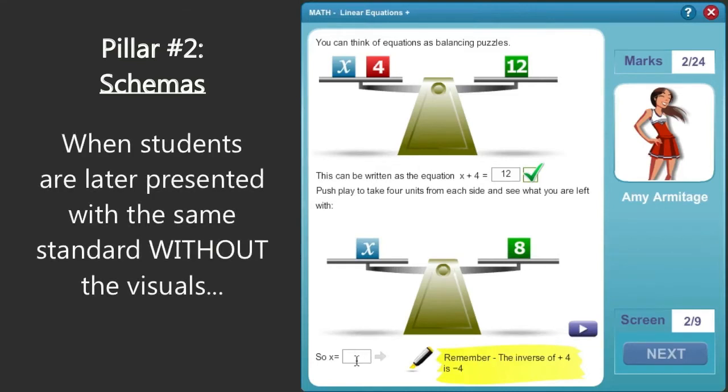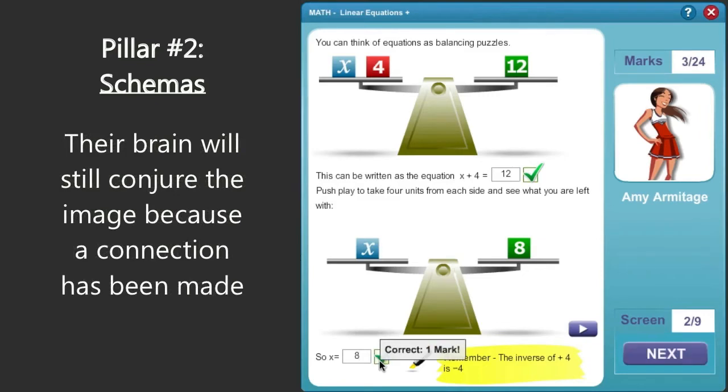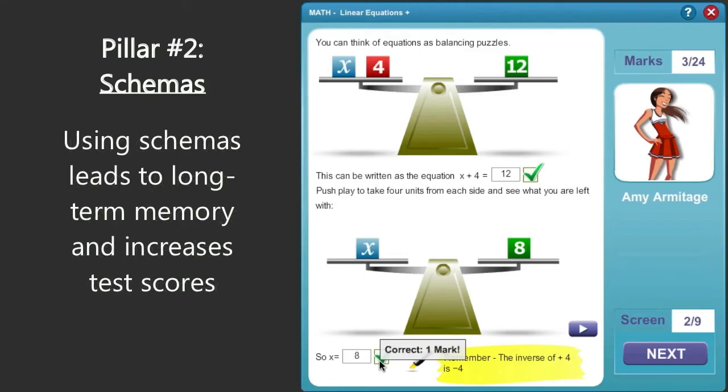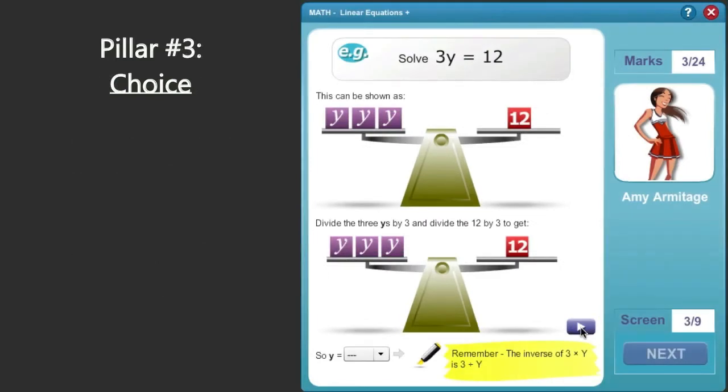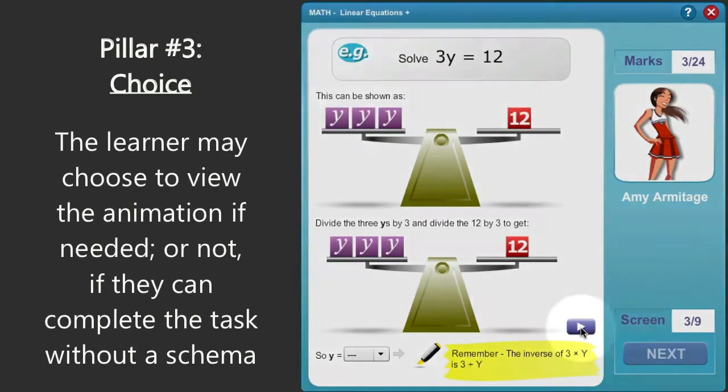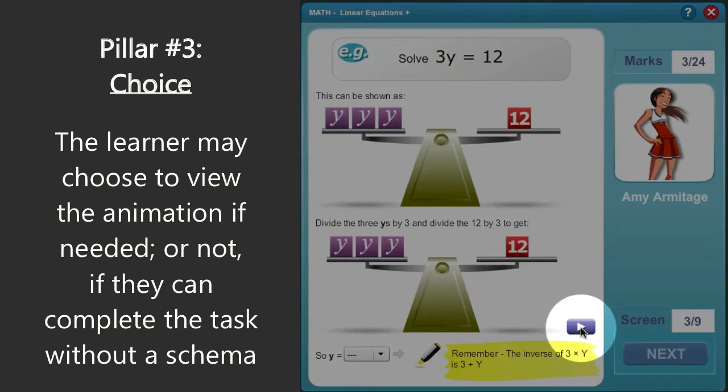When students are later presented with the same standard without the visuals, the brain will still conjure the image because a connection has been made through the use of PENDA. Using schemas leads to long-term memory and increases test scores. Additionally, using visual schemas are very helpful for RTI students and Level 1 and 2 students. Pillar 3 is choice. Here the learner may choose to view the animation if needed, or not if they can